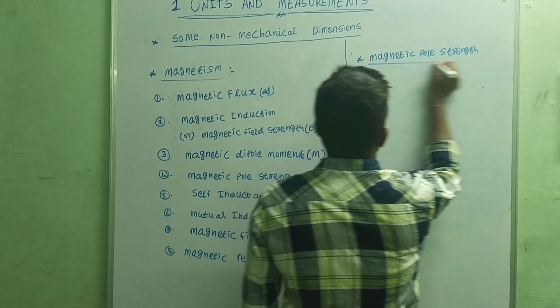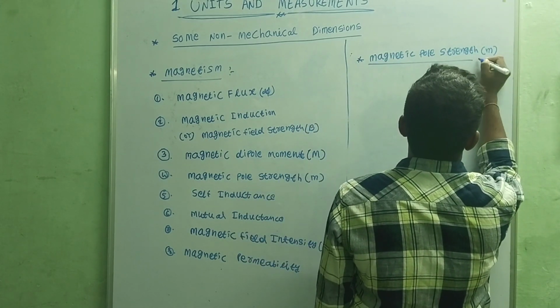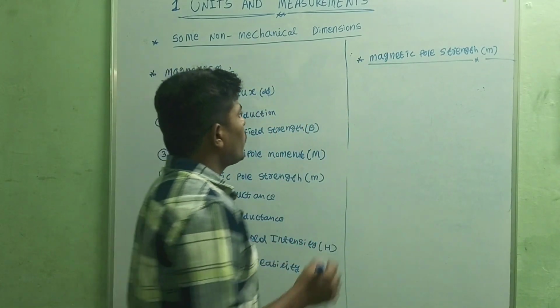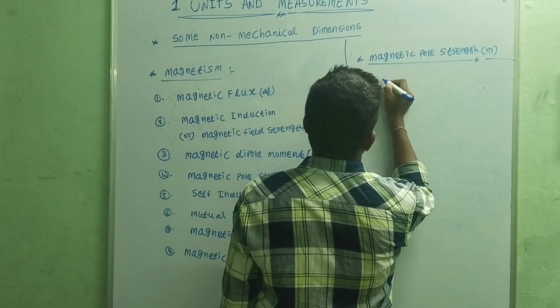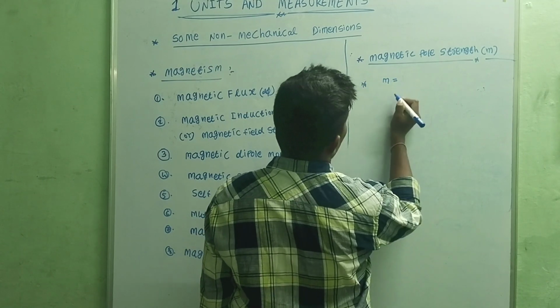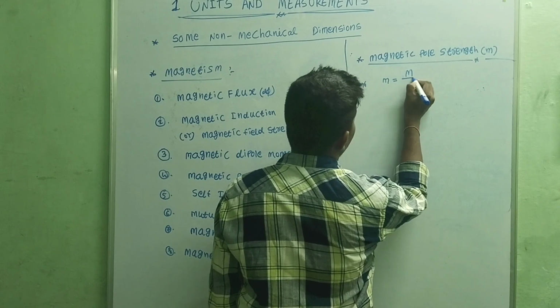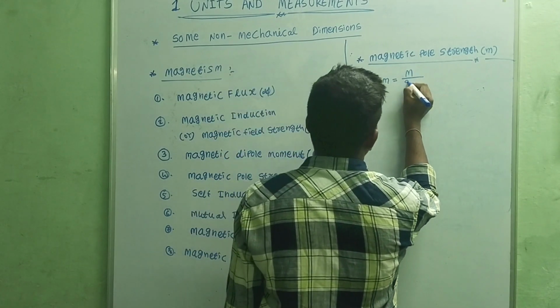Magnetic pole strength written as small m. So according to the definition of a magnetic pole strength, small m is equal to magnetic dipole moment by